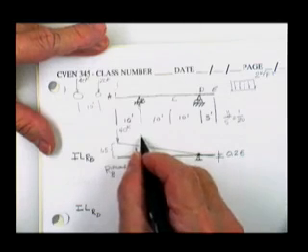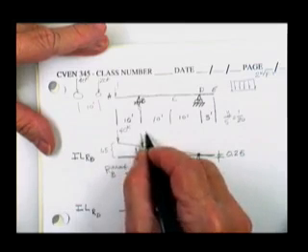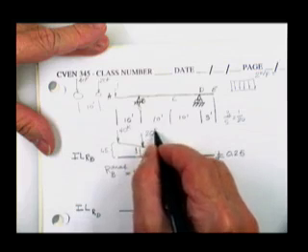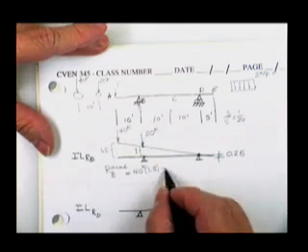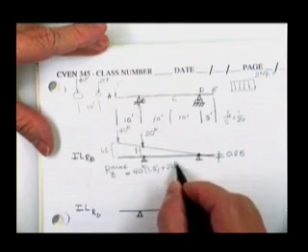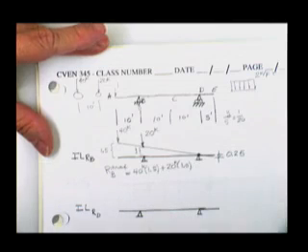Next, this wheel's going to go here, 20 kips. It's going to cause 20 times 1, added to your previous number,